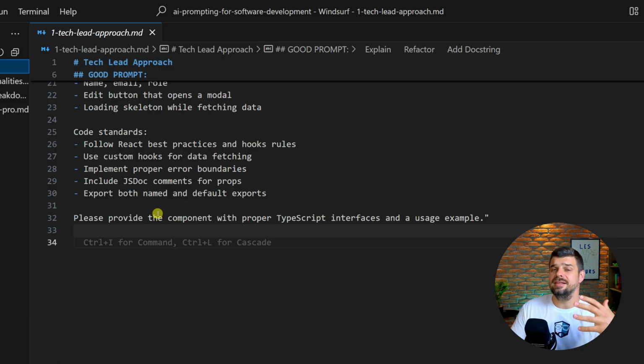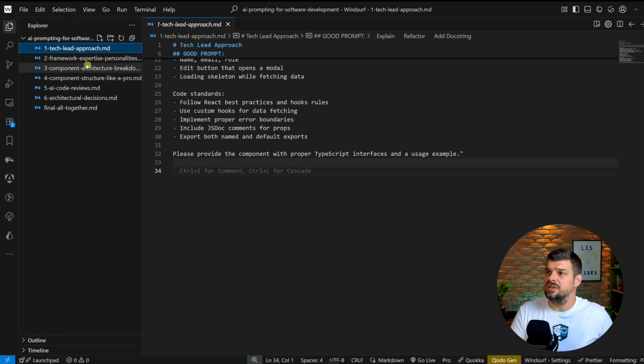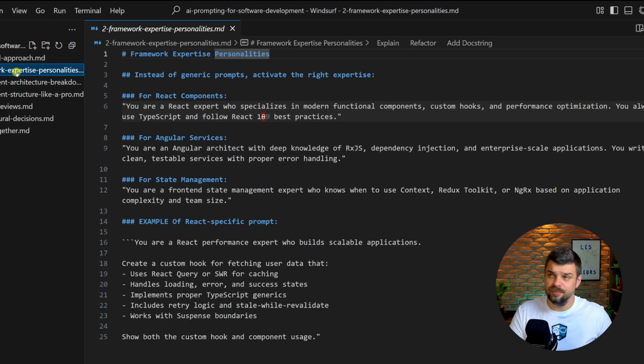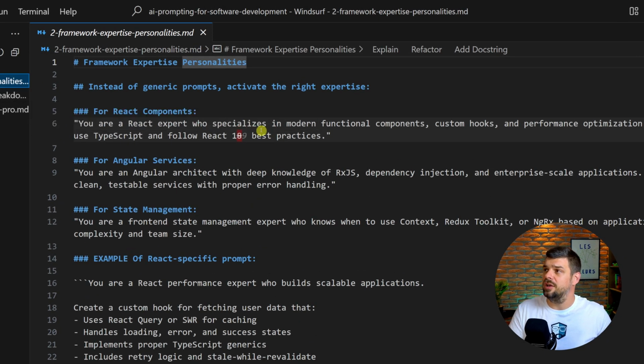So next, we are going to technique number two, framework expertise personalities. So the next secret: AI needs to wear the right hat for your framework. React and Angular require completely different thinking. You get it? So instead of generic prompts, activate the right expertise for your AI. So the next file I'm going to show you is here. So this is the framework expertise personalities. Zoom in a bit. Okay. And now